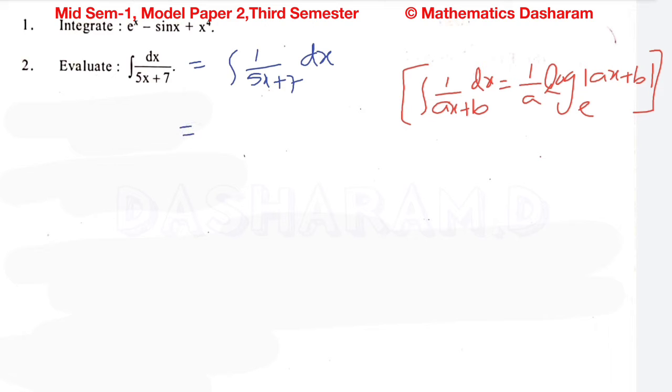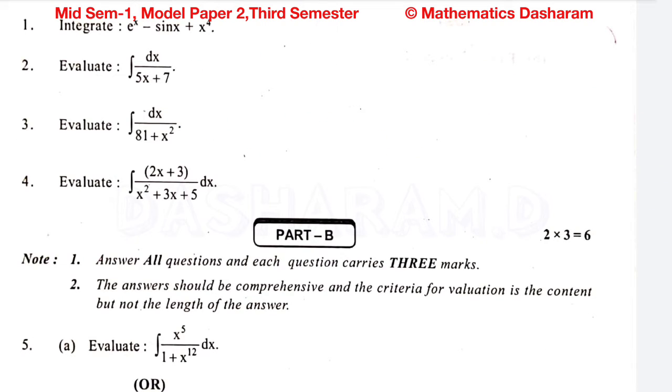So then it is equals to 1 by a, derivative of 5x plus 7 is 5, into log of mod 5x plus 7 base e and add one constant c. So this is our required answer. Next, third question,